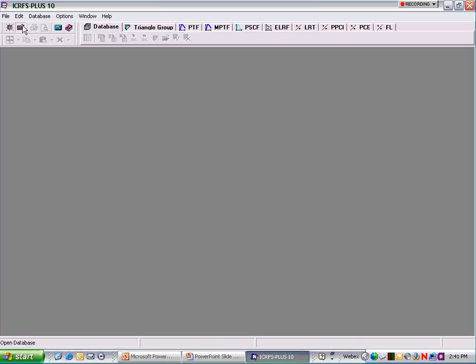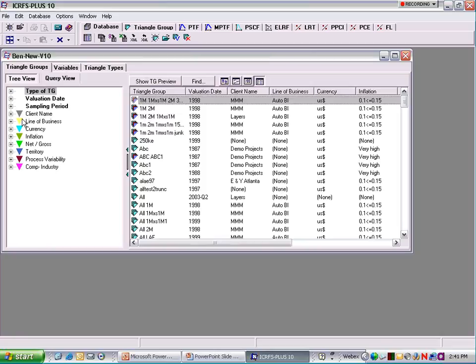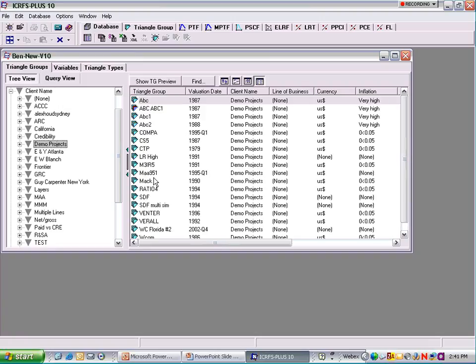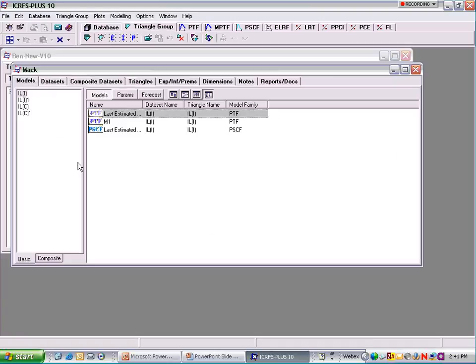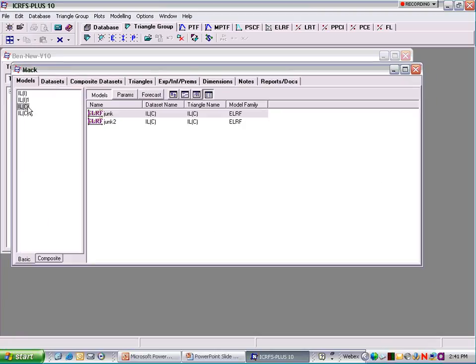So I'm going to open a database and we are going to look at the triangle group. This data is widely published and it's called MAC. It's an incurred data array, so let me open it, and we'll go to ILC. If you wanted to look at the data, that's what the data is. It's from the American Reinsurance Association, I think Faculty of Business. It's published, and if we wanted to apply link ratio techniques to it, we just go to the LRT module,